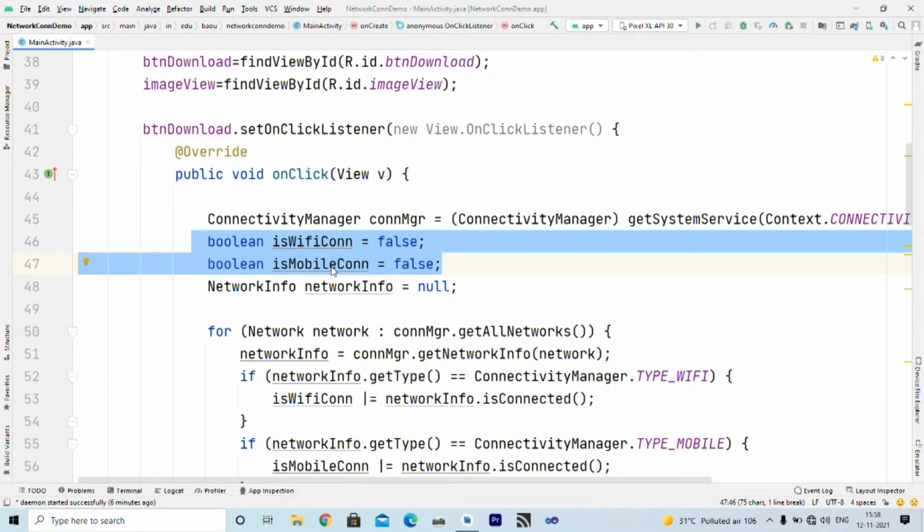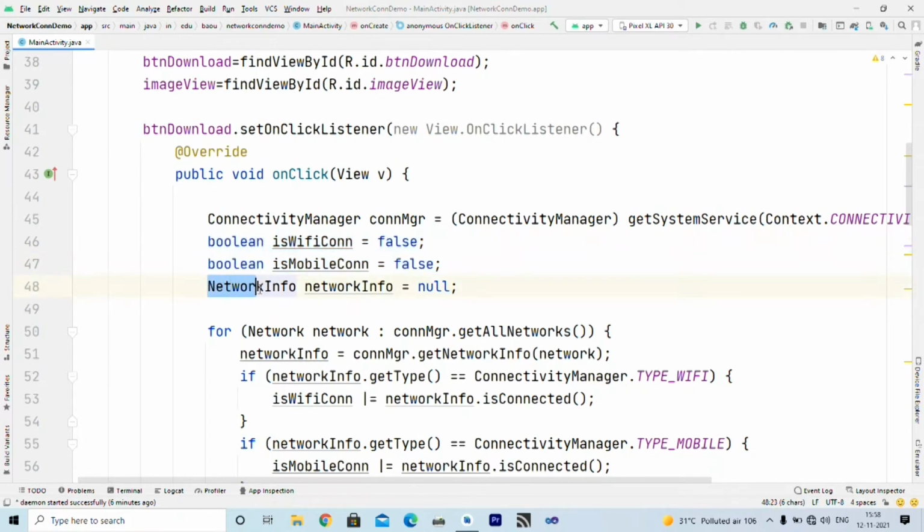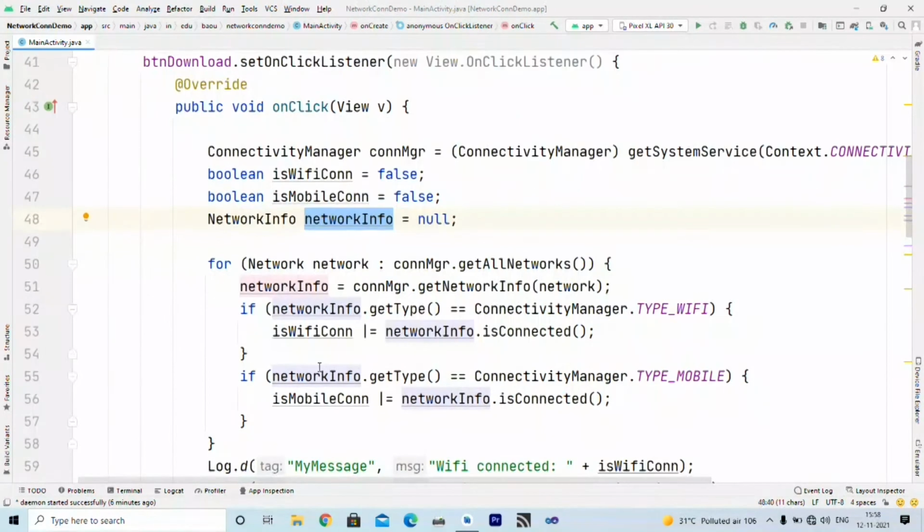The NetworkInfo object is required to check which type of network we are connected with. It is initially set to null, and then we run a for each loop. Using the connectivity manager, we will get all networks. Whatever network connections are available are retrieved using the getAllNetworks method of the connection manager.